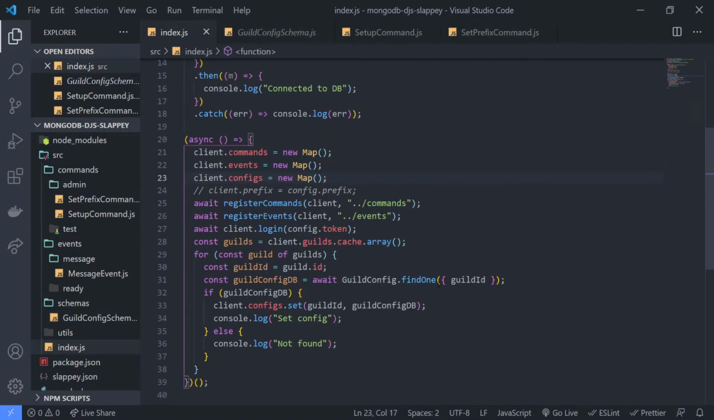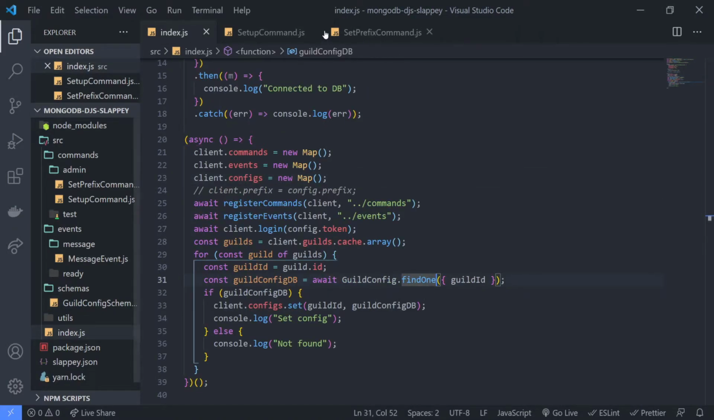Okay, so are we done yet? No, we're not done yet. But I want you guys to understand what's going on right now, so let me walk you through it. What we're doing right now is creating a map on client.configs. This is going to store every single guild config from the database, and it's going to be mapped by the guild ID. So let's say for example our bot is in 3 guilds,